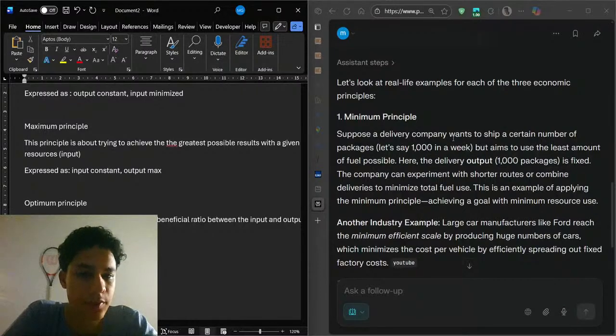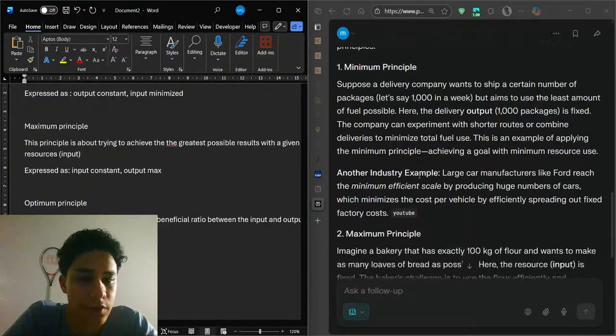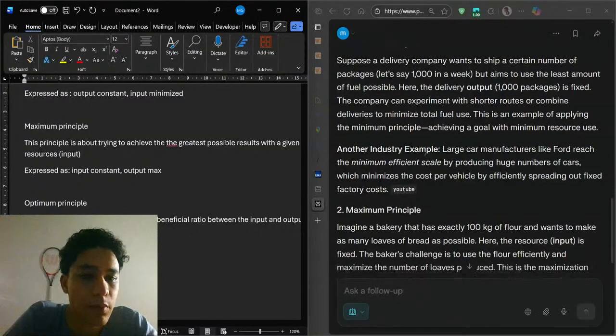Suppose a delivery company wants to ship a certain amount of packages, let's say 1,000 in a week, but aims to use the least amount of fuel possible. Where the delivery output of 1,000 packages is fixed, the company can experiment with shorter routes or combine deliveries to minimize total fuel use. This is an example of applying the minimum principle, achieving a goal using minimum